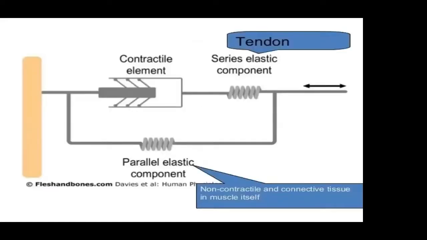You can see in this picture the series elastic component, the tendon, the parallel elastic component, the non-contractile connective tissue in the muscle, and the contractile component at the actin